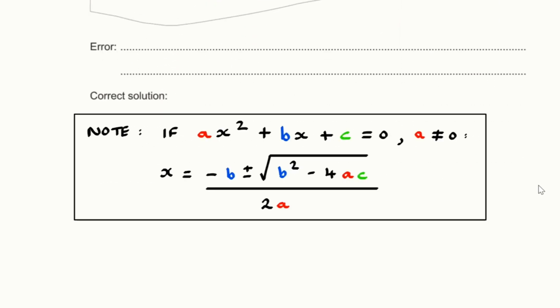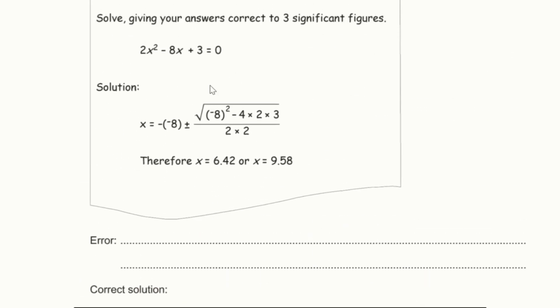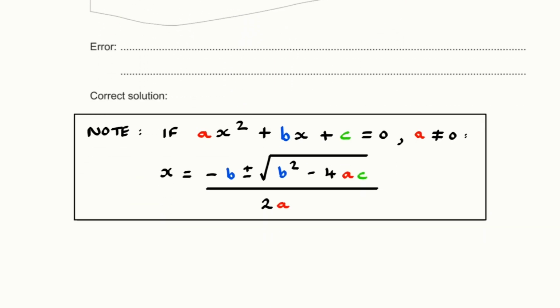First of all, if we have a quadratic equation ax squared plus bx plus c equals 0, where a doesn't equal 0, then the solutions to this quadratic are given by x equals minus b plus minus the square root of b squared minus 4ac over 2a. Now, if I take a look at my equation, I've got 2x squared minus 8x plus 3 equals 0. So, I've got a equals 2,